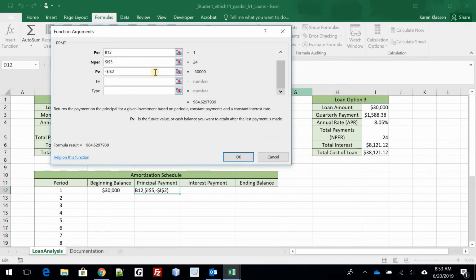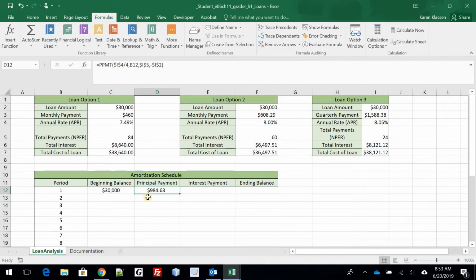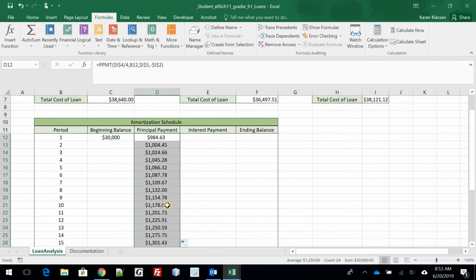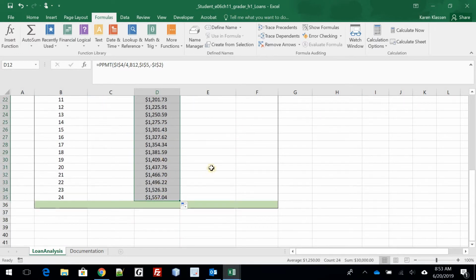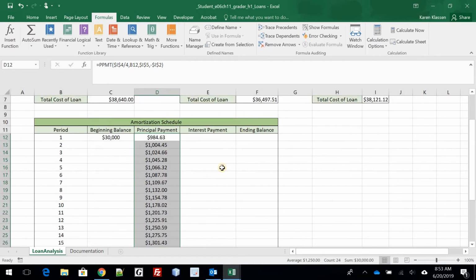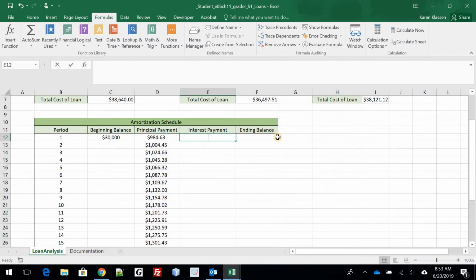And then our future value and type we don't need. Okay, so there's our principal payment. Now I'm just going to go ahead and throw this down. Okay, so notice each month it goes a little bit higher, and our interest payment is going to go a little lower. Alright, so next we're going to do an